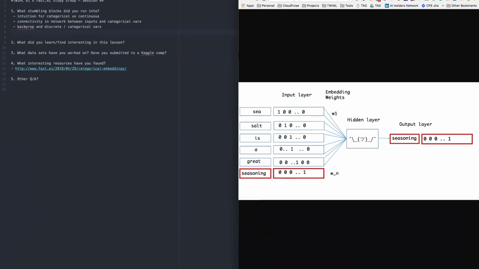Yeah, the weights. So where does the discrete versus continuous data insert itself? Because what I'm thinking is that if the weights are continuous, where are the